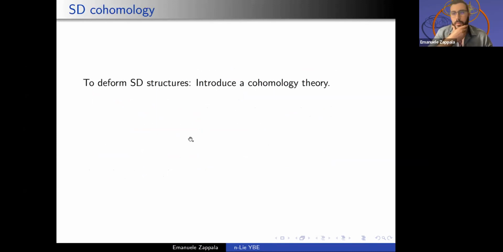So now we want a cohomology theory because we want to bridge the deformation theory of Lie algebras, which is known since the, I guess, 50s. So it's been known for a long time. And we want to bridge it to the deformation theory of Yang-Baxter operators. And we need to pass through a deformation theory of the self-distributive structures. Because you see, you take the Lie algebra, you construct your self-distributive structure, and then you get the Yang-Baxter operator.